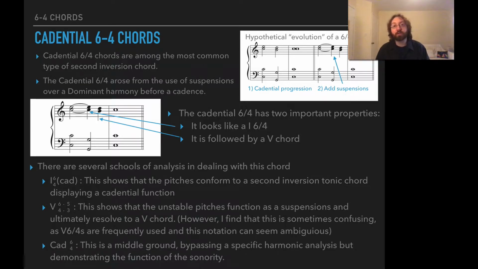So the cadential 6/4 has two important properties. First, it looks like a 1/6/4 chord. It's always going to look like a 1/6/4 because of the way that it evolved. Second, it's almost always followed by a 5 chord. And if it's not followed by a 5 chord, we have such a ritualized expectation that it wants to be followed by a 5 chord, that if a composer doesn't do that, they're doing it for a very specific purpose. For instance, when we're doing cadenzas in a classical style,